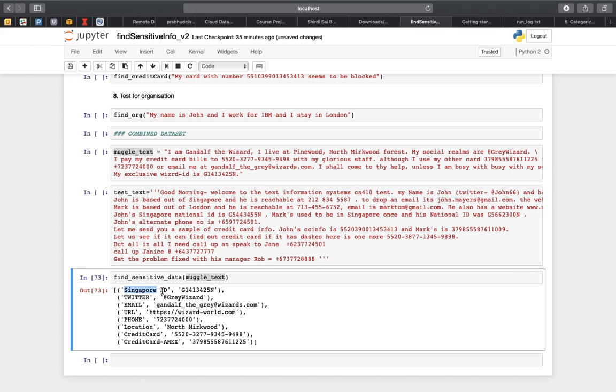A Singapore ID is very critical. It's like a social security number, which is critical and sensitive. And as you can see, it has been able to find out if there's any Singapore ID in the text. It can also find out if there's any Twitter handle present in the string. As you can see, it has also been able to find out the email addresses, any embedded URLs,